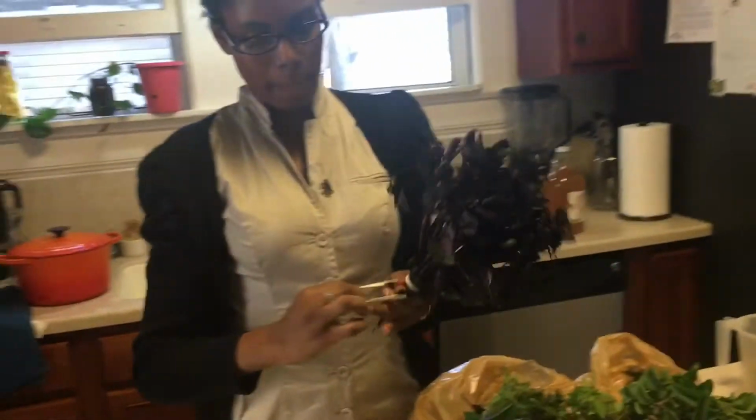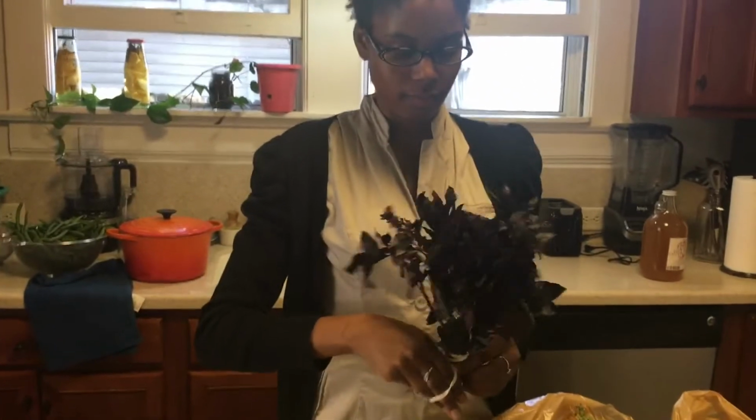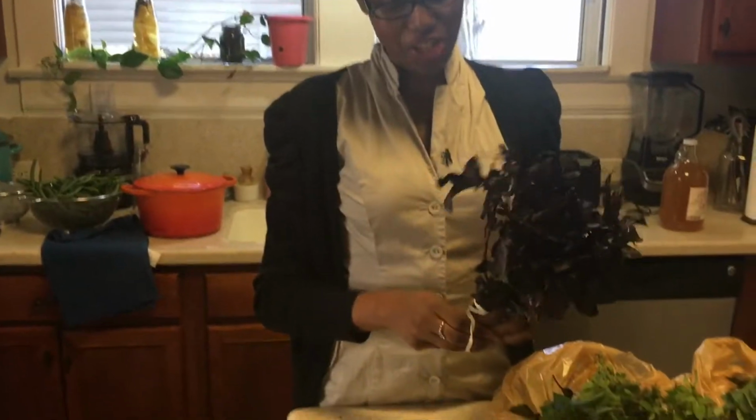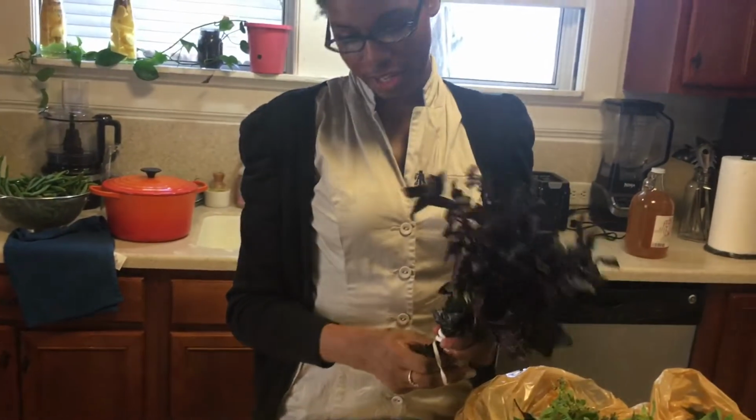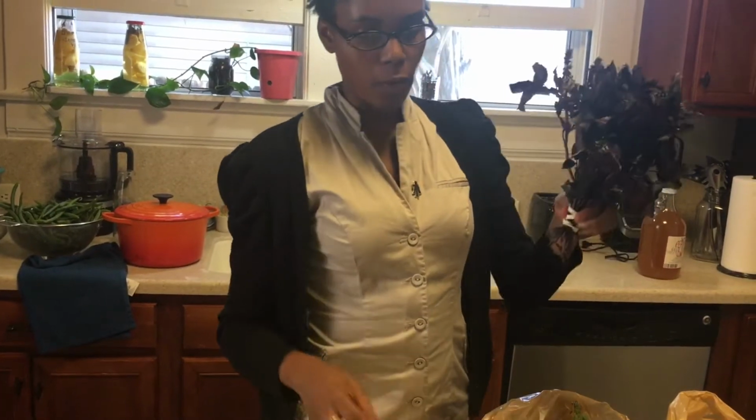And what is this, Maya? This is Osum basil. I'm probably pronouncing that very wrong, but it's called purple basil in America. But when it's not in America, it's called Osum basil. Well, you're losing some leaves. Yeah, I'm really trying hard to avoid that. It's actually very hard. You can dry these in a separate place, but they won't hang, so that's...